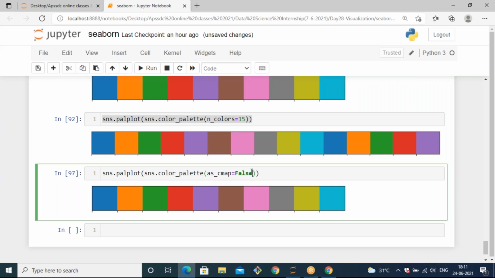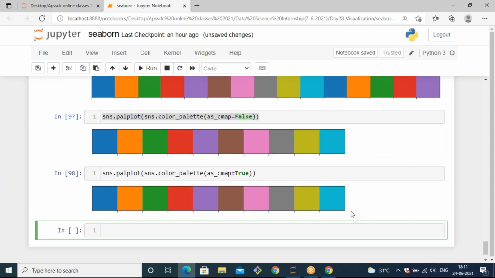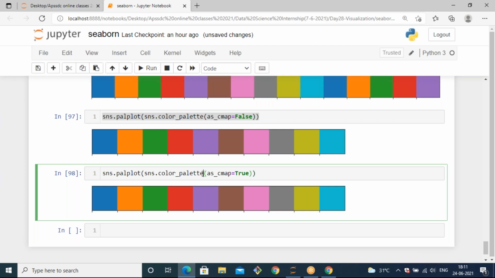Just observe the change once. The intensity of the color changes when you use the as_cmap parameter. If I make as_cmap equals true, there is a little bit of difference between these. That is the intensity of the colors. But here, there is no difference.